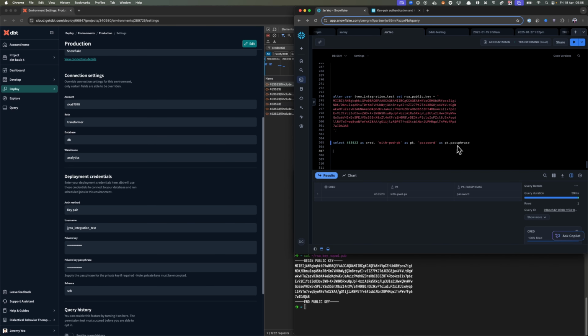And then we have a password on the private key. So this is how it looks in the database, right? When the credential is being used. Now, what happens when we modify and change it to a private key without a passphrase? What happened is